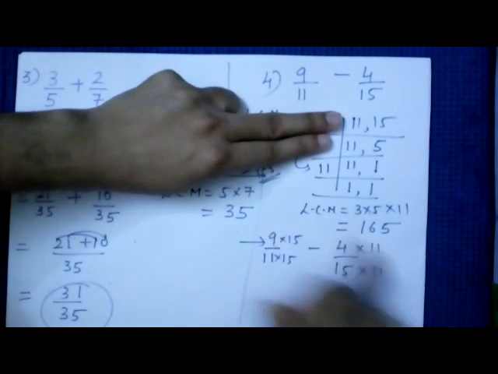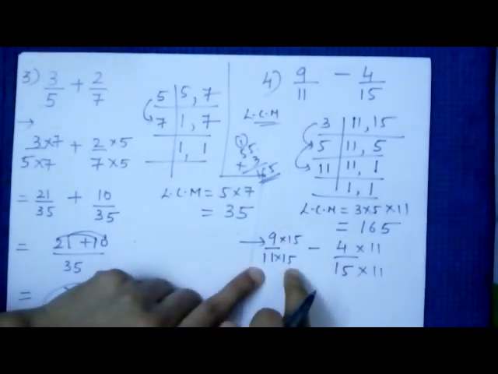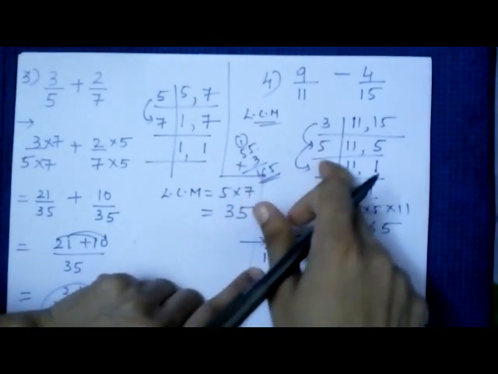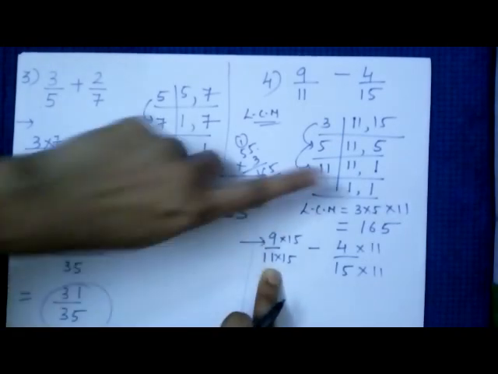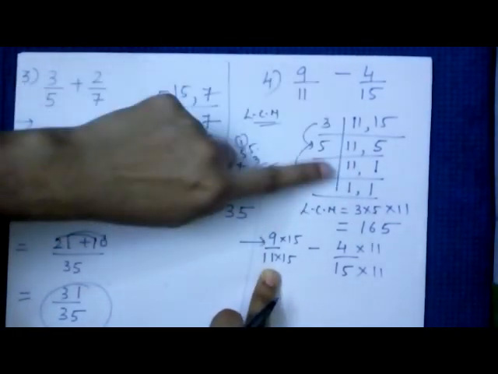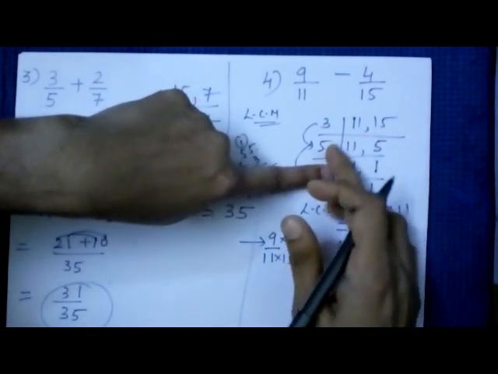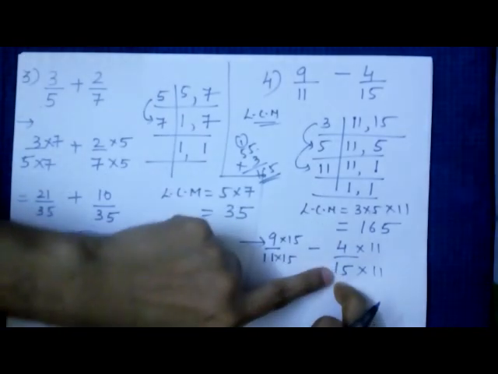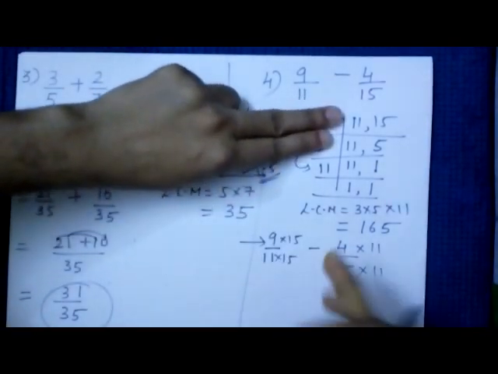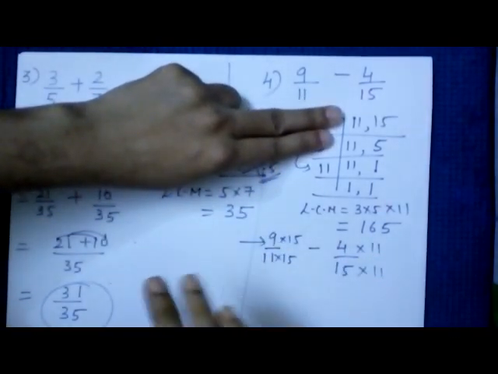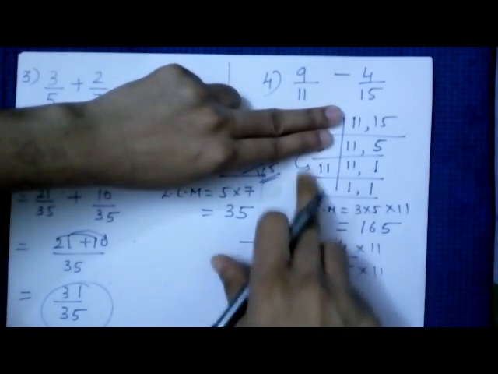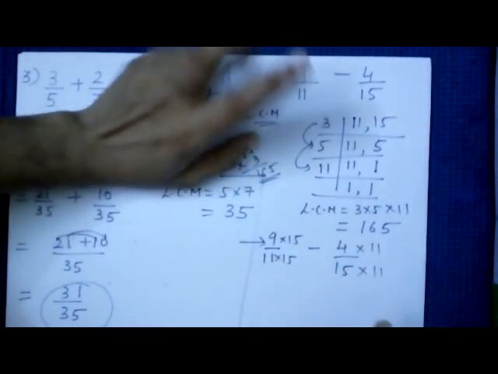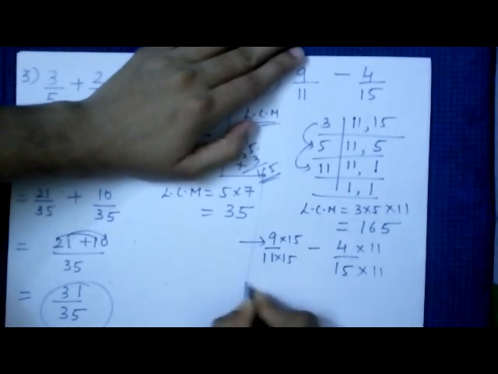So this is the easiest way to find out what you should multiply over here. With the help of this you can find out. 11 is already there, so except 11, whatever is left, 3 5 is 15, so multiply by 15. And here 15 is there, so 3 5 is 15, other than that 15, what is left? 11. So here multiply by 11. This is the easiest way. Now we will proceed ahead.